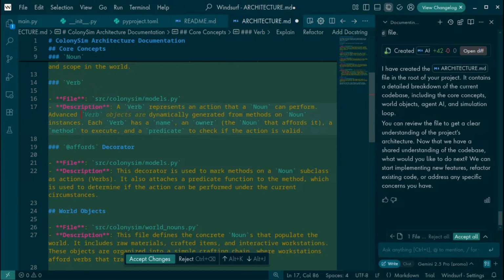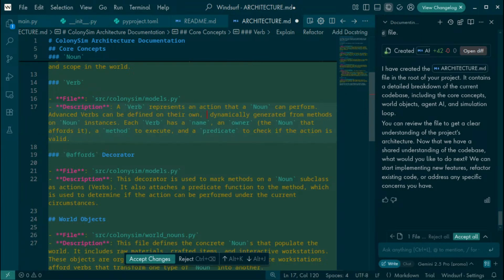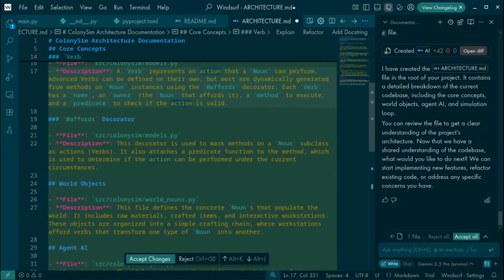Verbs can be defined on their own, but most are dynamically generated from methods on noun instances using the affords decorator. Each verb has a name, an owner, the noun that affords it, a method to execute, and a predicate to check if the action is valid. The affords decorator is used to mark methods on a noun.